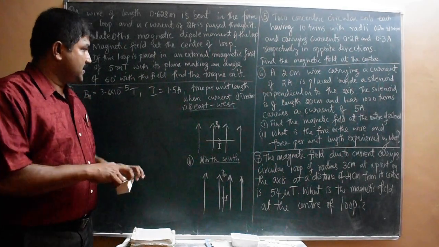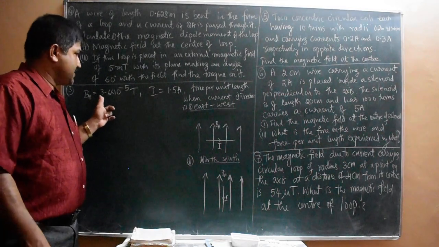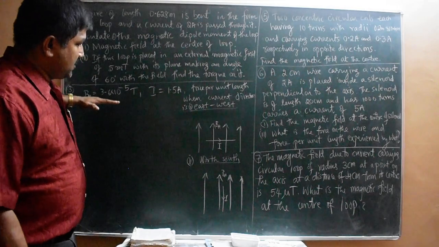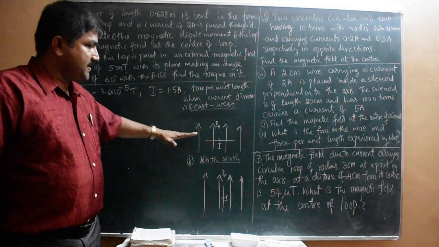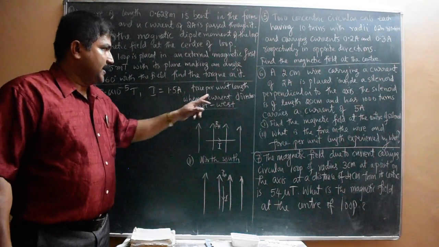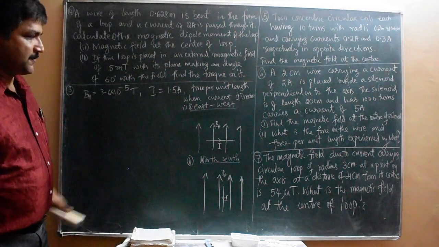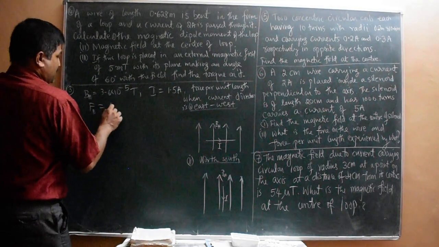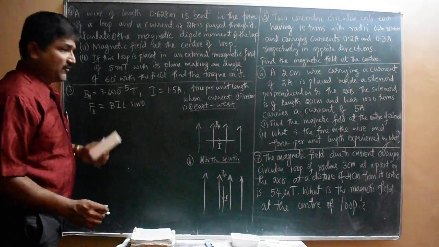Okay, dear students, yesterday I was solving the third problem. The magnetic field BH is given in the question, and a straight conductor carrying a current of 1.5 ampere is placed on a table such that the direction of current is east-west. What we have to get is force per unit length. The formula for magnetic force is BIL sin theta. We have to find out force per unit length.